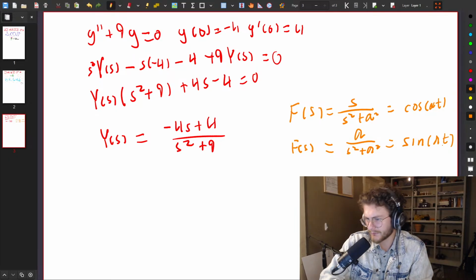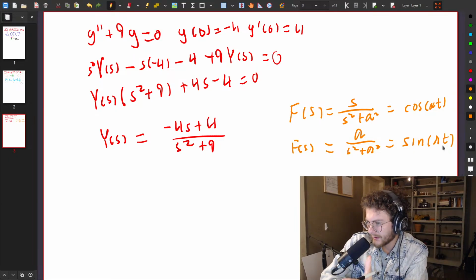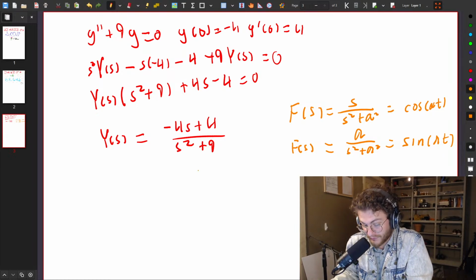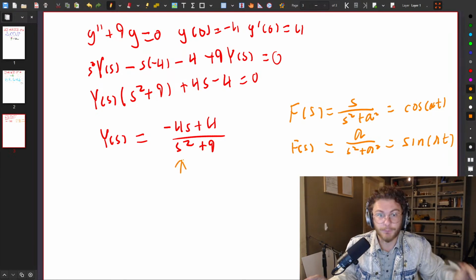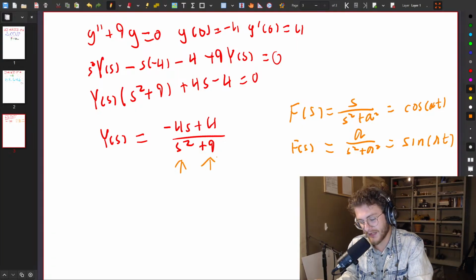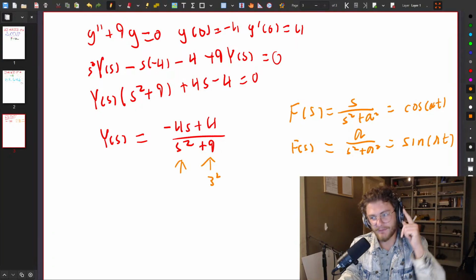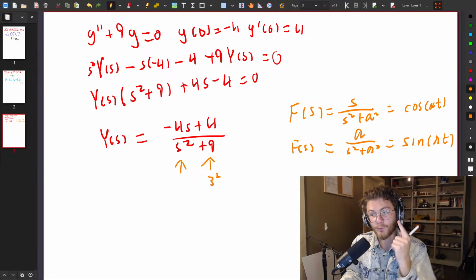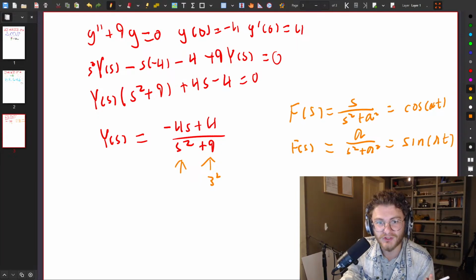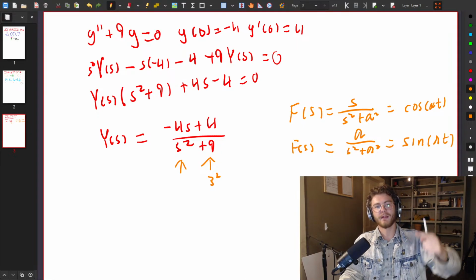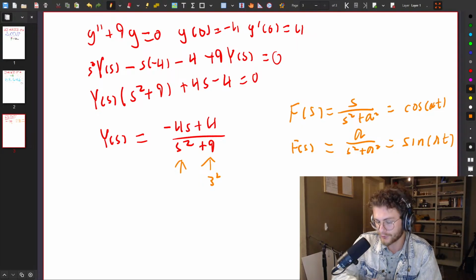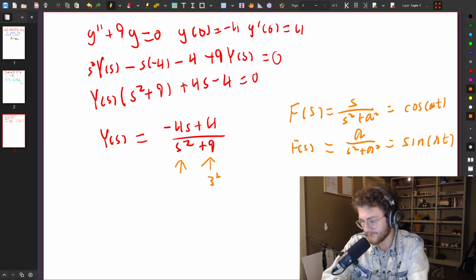Simply put, ladies, gentlemen, and nibblies, this is not a very difficult set of things to figure out once you've got the form. That's s squared, that's part of it, and the other part is 9. What's 9 but 3 squared? And we have negative 4s and plus 4. We can transform both of these and force them into the forms that we want to do the inverse Laplace transform. Therefore, y of s